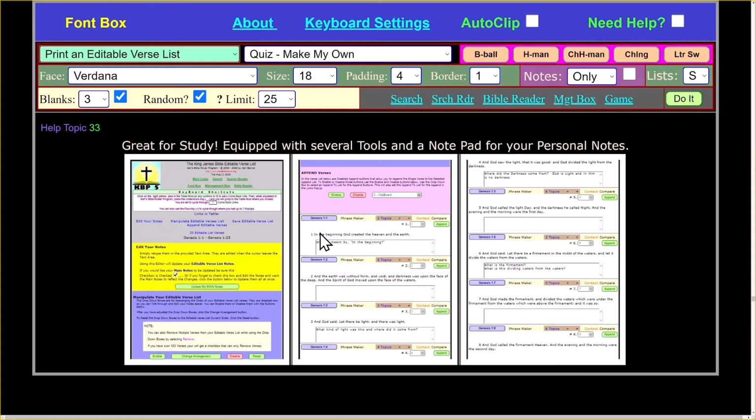Sometimes it's easier just to change the order by appending to a blank list and just switch it up that way. And then you can also append it more than once and it can appear twice in the same list. So these enable and disable buttons will enable and disable these different